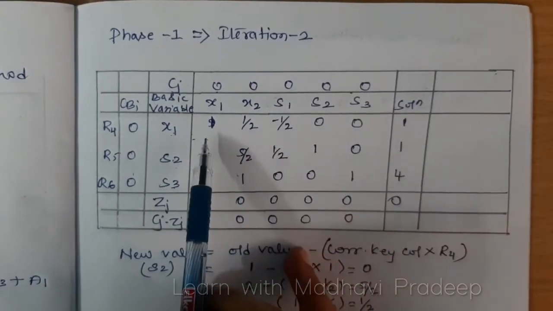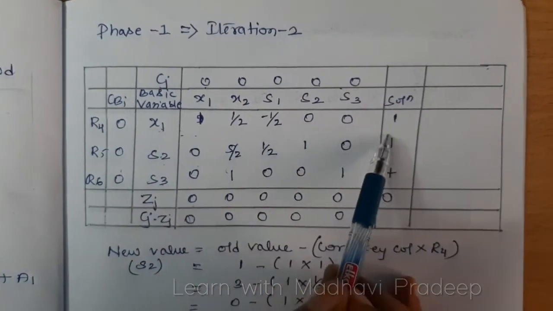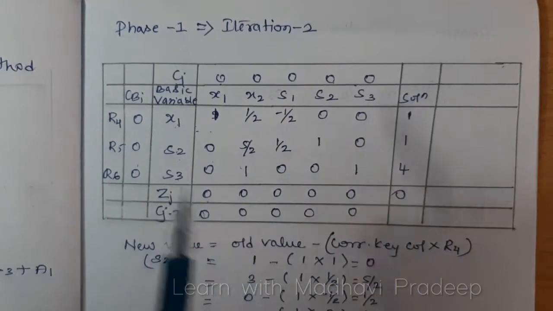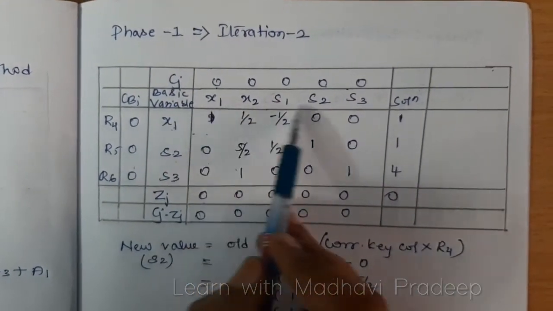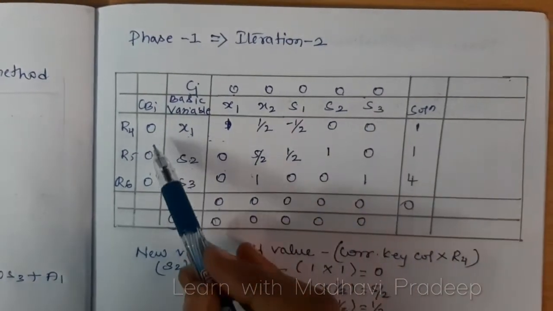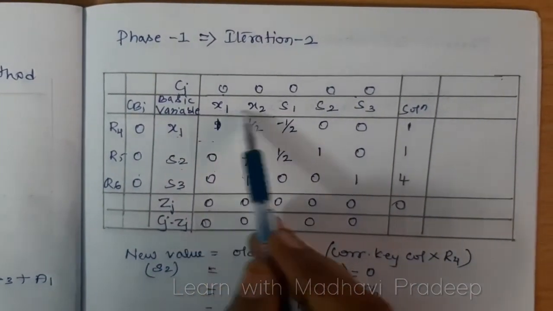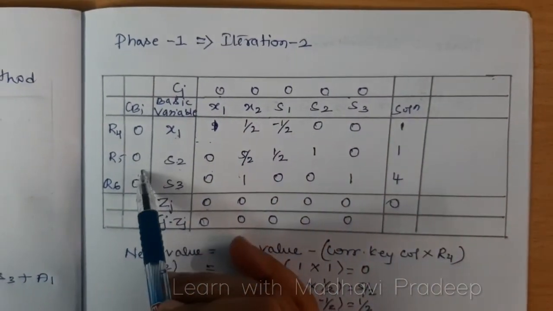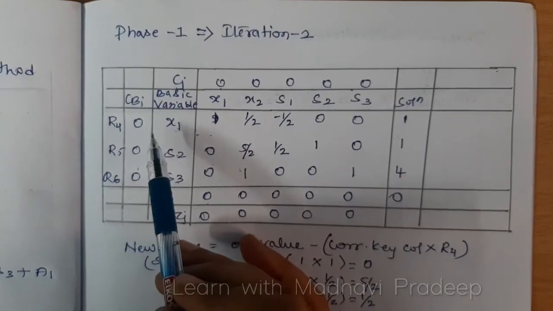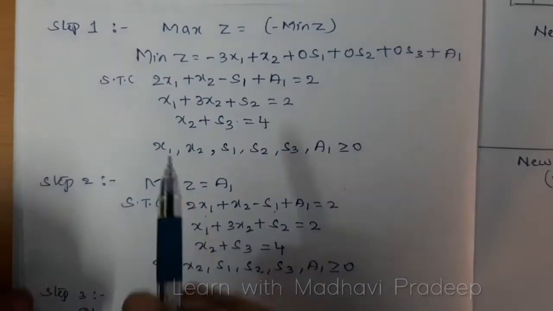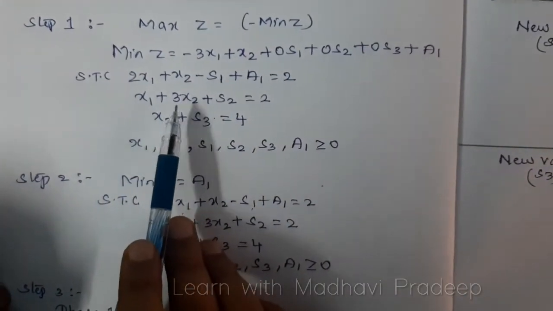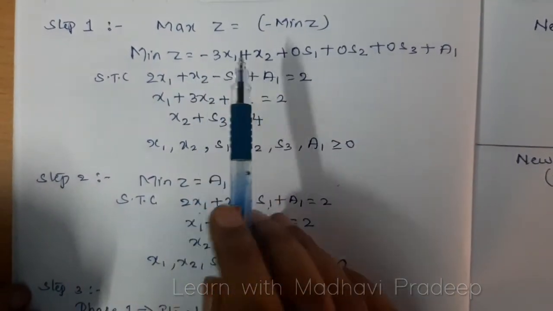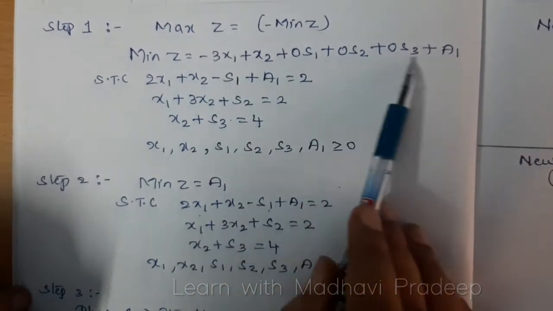So now in phase 2, the x1, s2, s3 row values will remain as it is. So in that table, write down x1 row value as it is, s2 row value as it is, and s3 row value as it is. Only the Cj value for the basic variable will change. The basic variables value will change in phase 2. So these values we need to write down from the actual objective function, not from the revised objective function. So this is the actual objective function and this is the revised objective function, right?